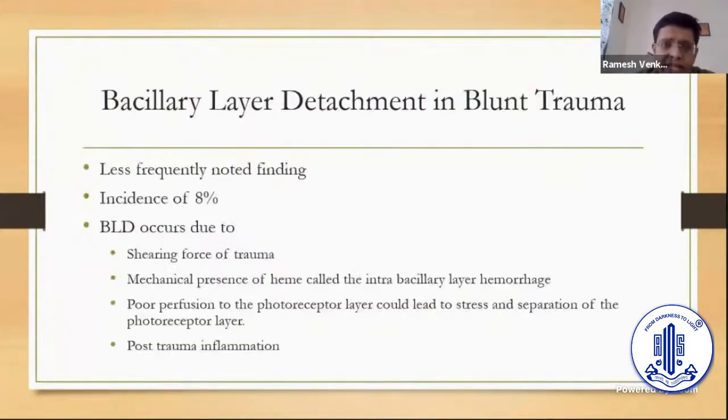And this intrabacillary layer hemorrhage usually happens because of the shearing force of the trauma, the mechanical presence of heme. There is a poor perfusion of the photoreceptors due to the stress and the separation of the photoreceptor layer, and also because of the post-traumatic inflammation. The bacillary layer detachment in patients with trauma is a very rare finding,